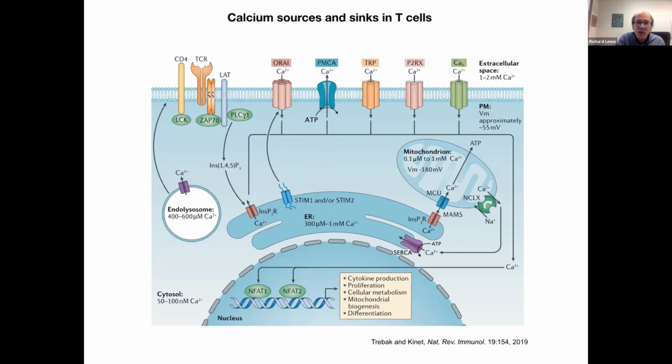ATP-driven pumps in the plasma membrane extrude calcium and set up concentration gradients. So they load the ER and endolysosomes to about 0.5 millimolar internal level of calcium, while reducing the cytoplasmic level to about 100 nanomolar, thus creating a 5 to 10,000-fold concentration gradient for calcium for flow across these membranes and into the cytosol. In addition, there's a minus 60 millivolt membrane potential across the plasma membrane set up by potassium